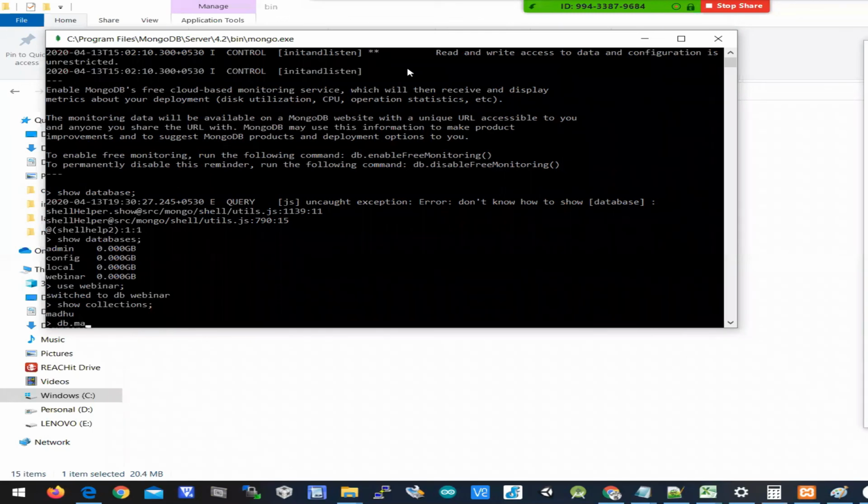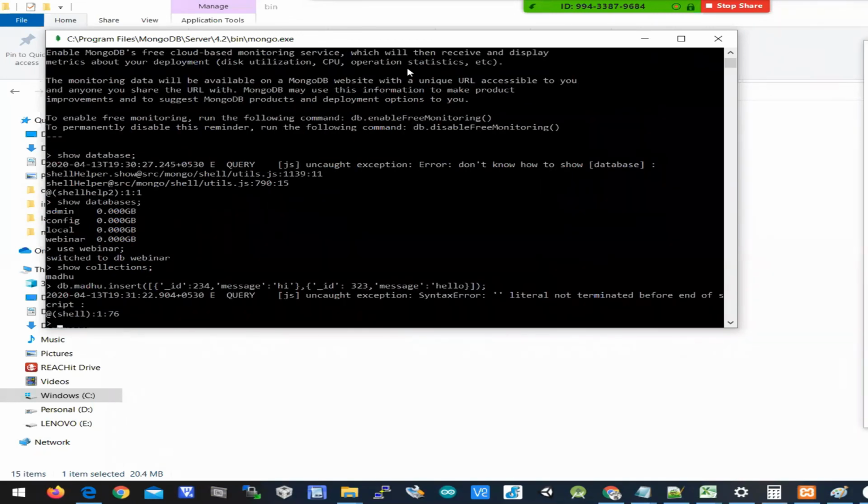Then db.collection.insert of square bracket, _id: 234, message: hi, and then _id: 324.